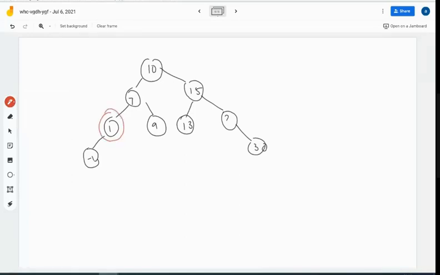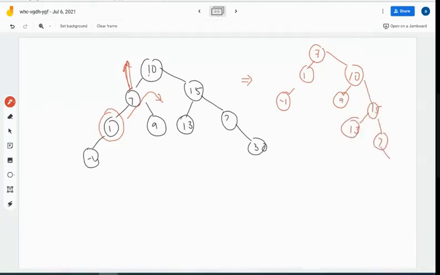Now in this case, this node has a parent as well as a grandparent. So in that case, first I will have to do this rotation. With that, 7 will come at the top. So in other words, you will get a situation in which 7 will be at the top. Towards your left will be 1 and -1. And towards your right, now when I'm pulling this up, making 7 the root, then naturally 10 will move towards the right. So this will be 10, this will be 9, 15, 13, and 20 and 30.